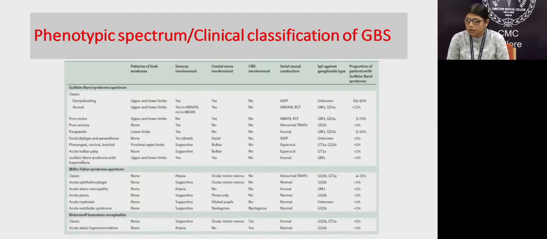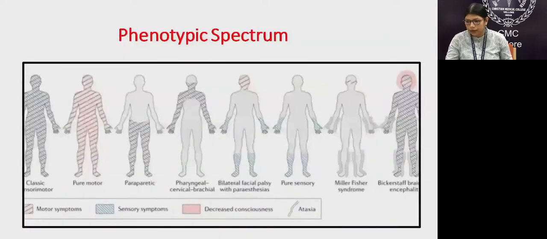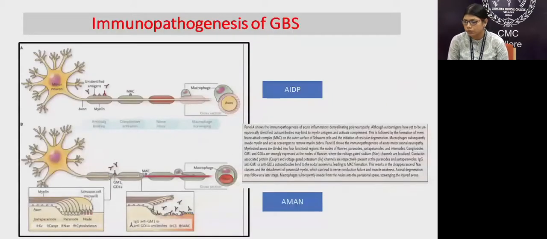And the most common forms are the AIDP, AMAN, AMSAN variant, and the Miller-Fisher variant. So this is a diagrammatic representation of the various phenotypic spectrum. Now the immunopathogenesis of GBS, we'll just discuss AIDP and AMAN quickly. So whenever there is